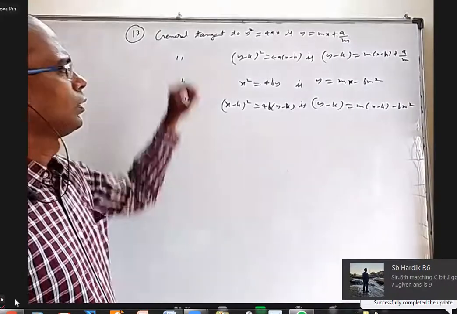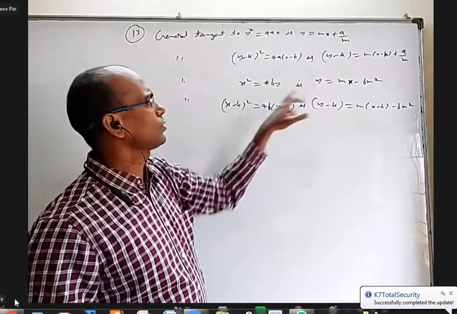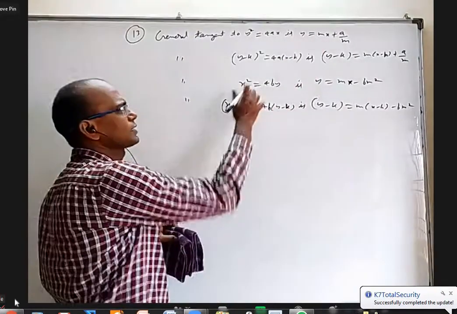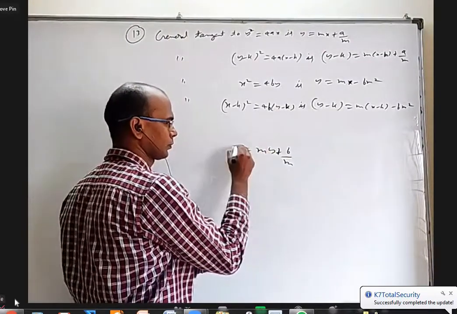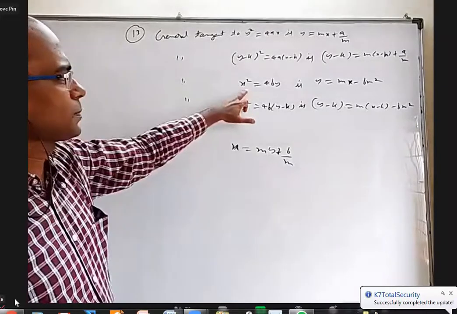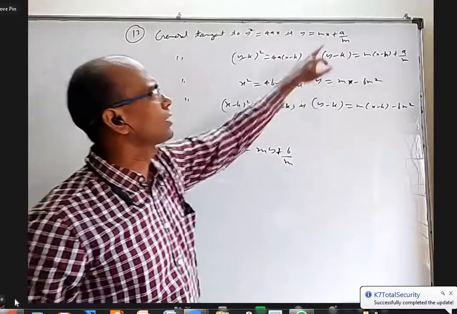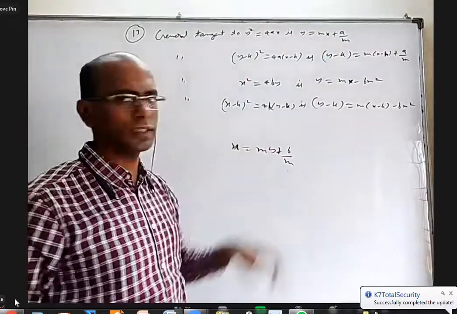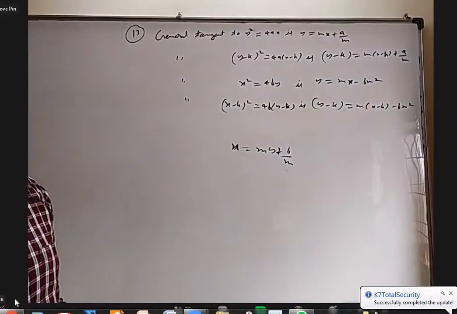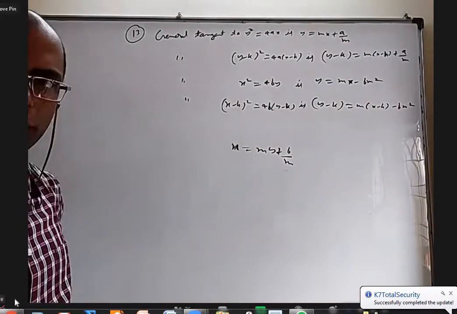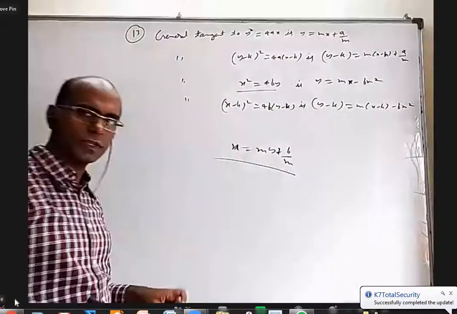Now, one may say here you interchange x and y, this will come. So, can't you interchange x and y and say for this parabola the general tangent is x is equal to my plus b by m? From here to here, I interchange x and y. Can I say this is a general tangent to this? What do you say? For this parabola, I am saying this is also a general tangent. Will you agree or not?